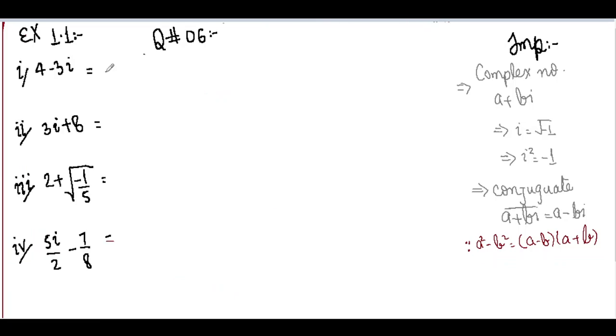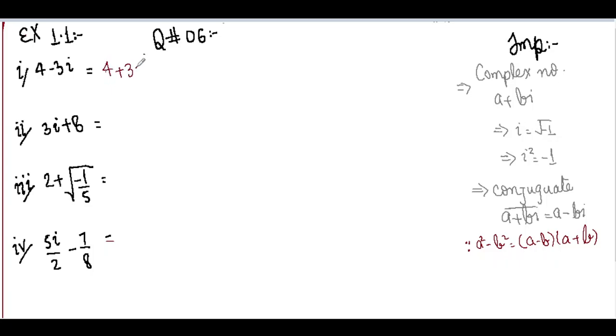Now question number 6 is related to finding conjugates of the complex numbers they've given in these parts. So the first part is 4 minus 3 iota. We already know that if a complex number is a plus b iota, its conjugate would be a minus b iota. Why is it so? Because the conjugate changes the sign of the imaginary part of a complex number into a different sign. Okay, so the first part says 4 minus 3 iota. There is a negative sign with the imaginary part, so we'll change it into positive, and the rest of the terms will remain the same.